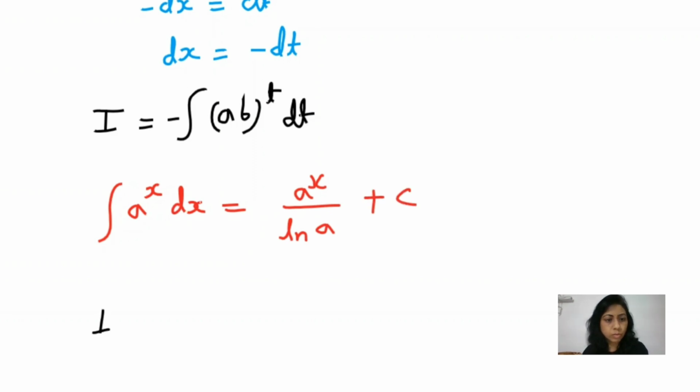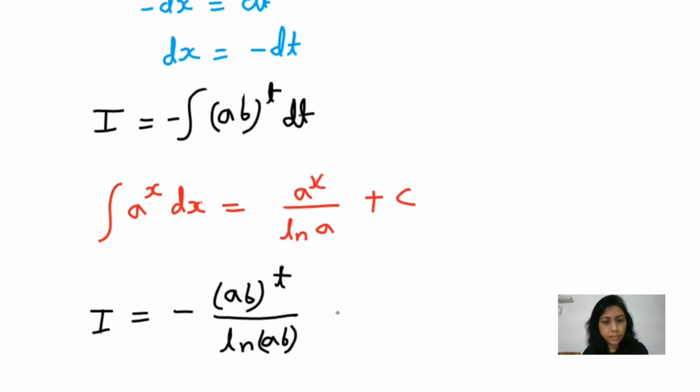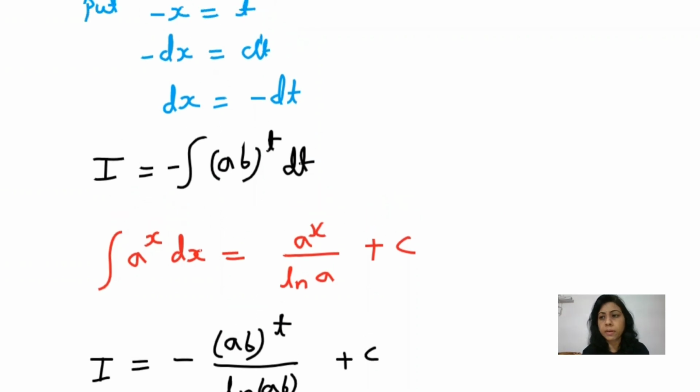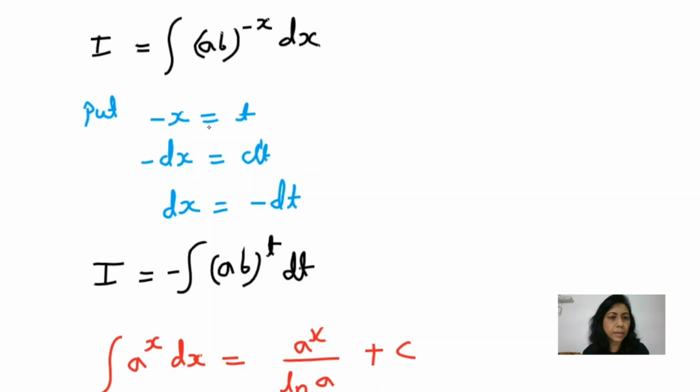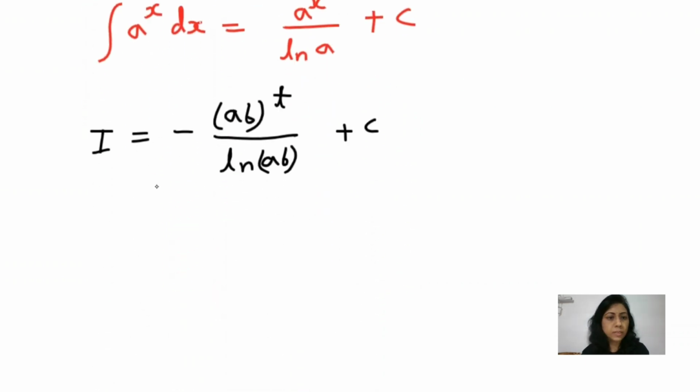This formula we apply here. So I is equal to minus here this a to the power x. So here actually ab to the power t. So ab to the power t divided by ln ab plus c. Now we can put t value. T value was minus x. We can put minus x. So minus ab to the power minus x divided by ln ab